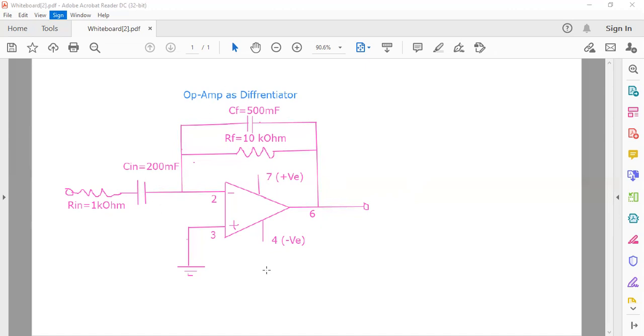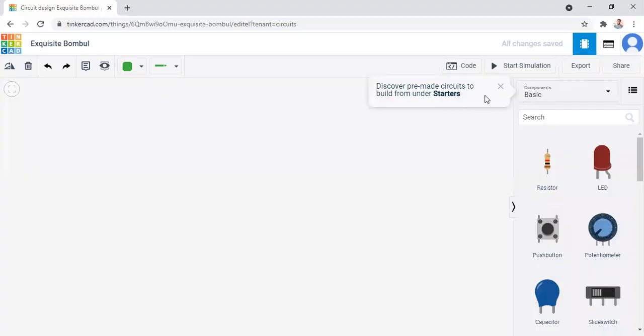Now we are going to design this same circuit on Tinkercad. So here I open Tinkercad. In order to perform this experiment, we require a breadboard.